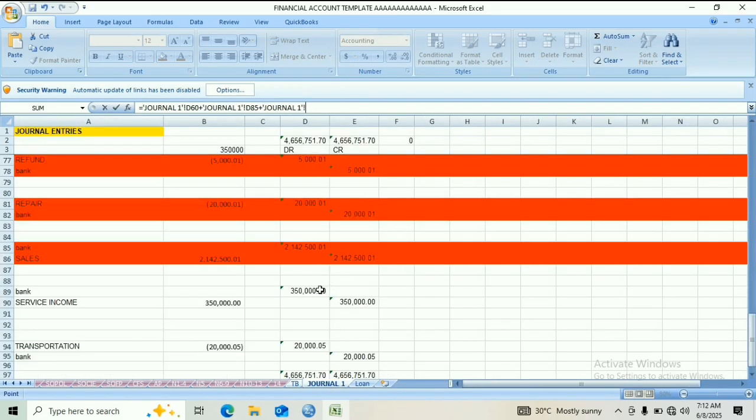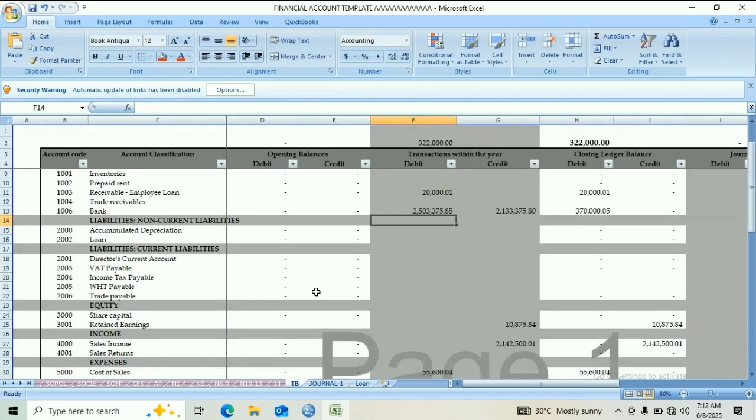So let's put debit side. The corresponding entry now is service income account, and the service income account should be under this income. But there's no service income here. You can come here and